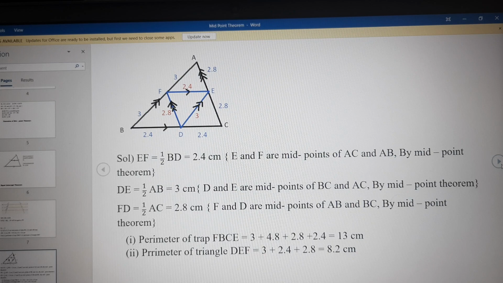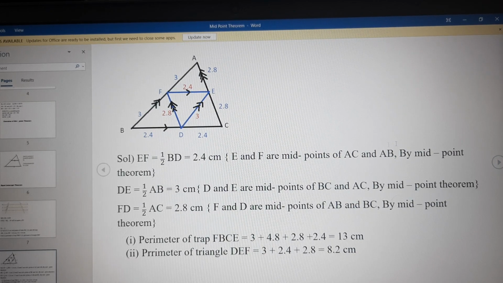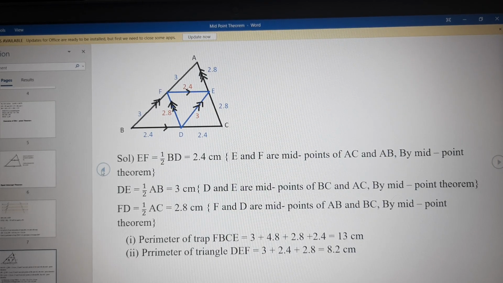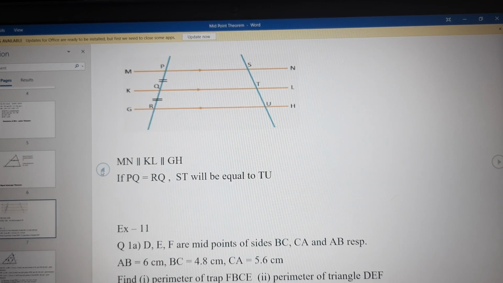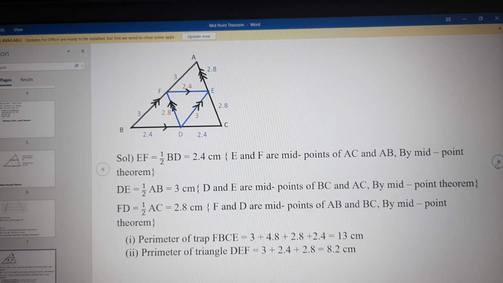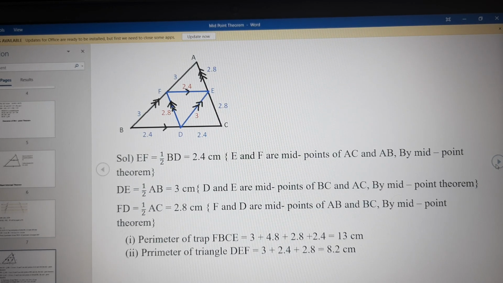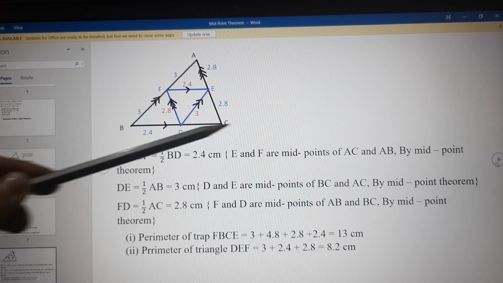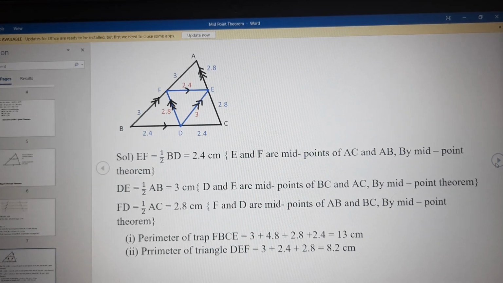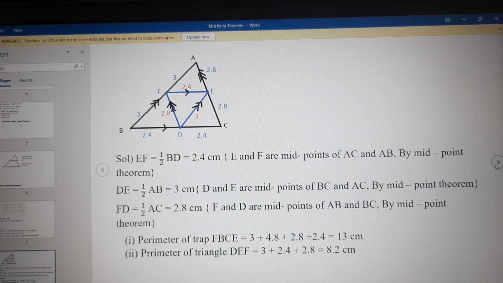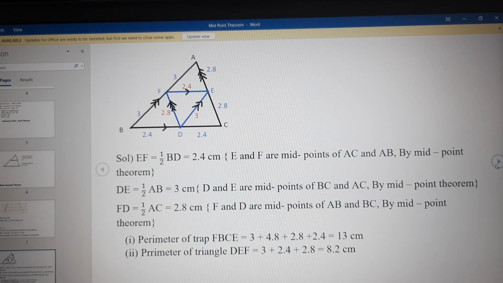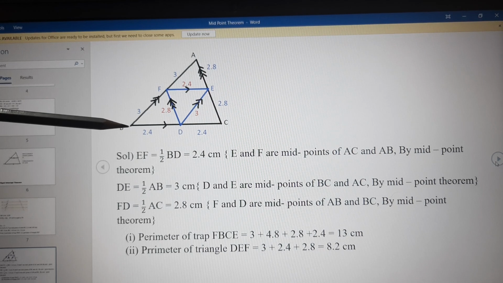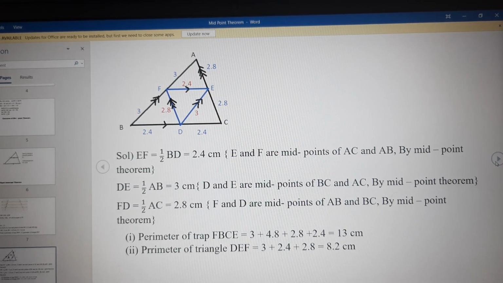Now, values of line segments have been given that AB is equal to 6 centimeter, BC is equal to 4.8 and CA is equal to 5.6 centimeter. We have to find out the perimeter of trapezium FBCE. Perimeter of trapezium FBCE means sum of all 4 line segments. So BF will be equal to 3 centimeter. See, I'll take it